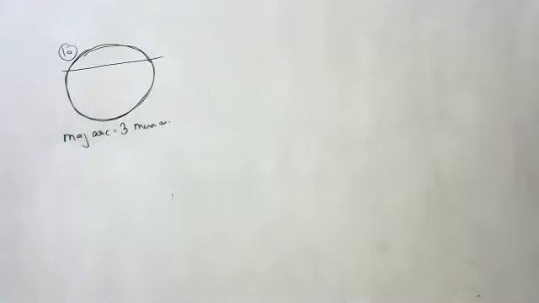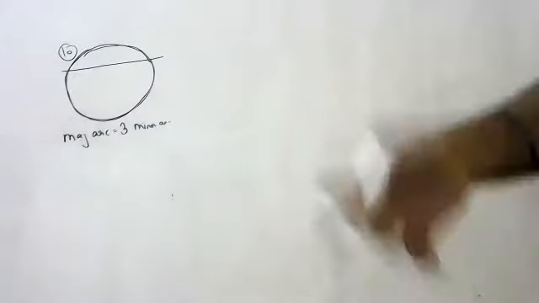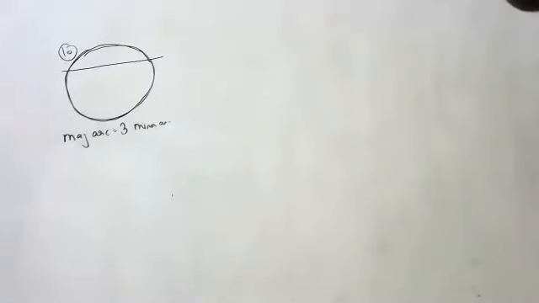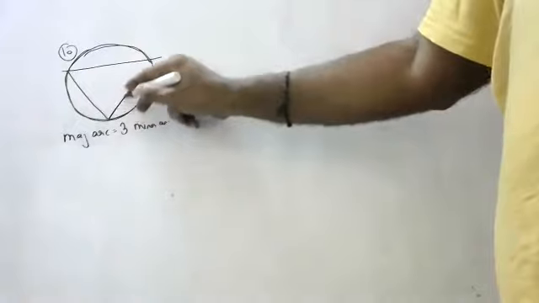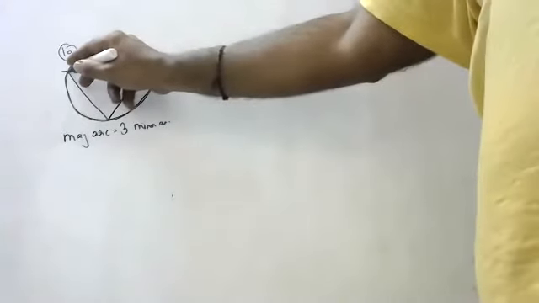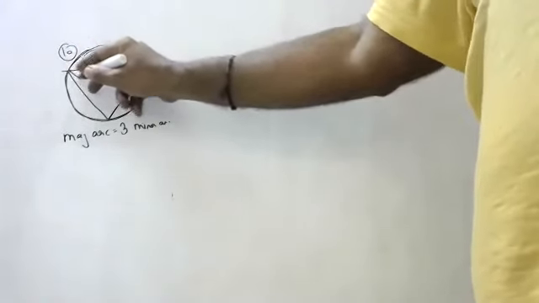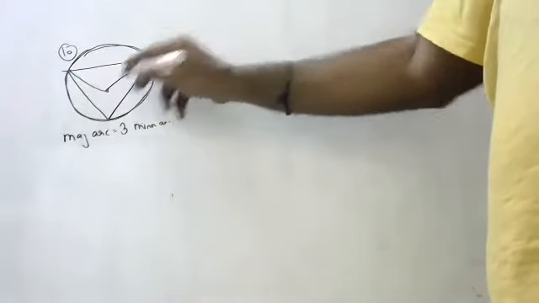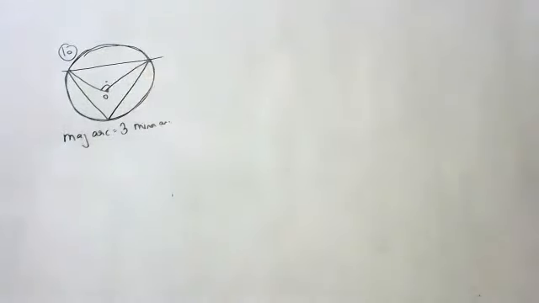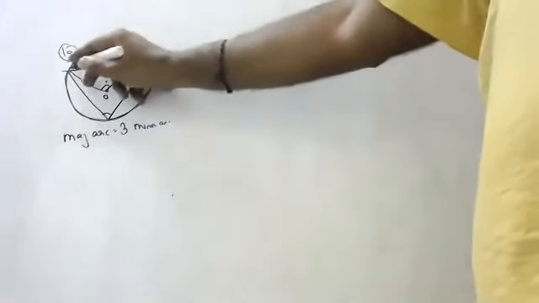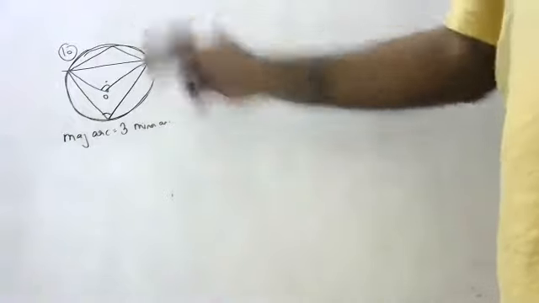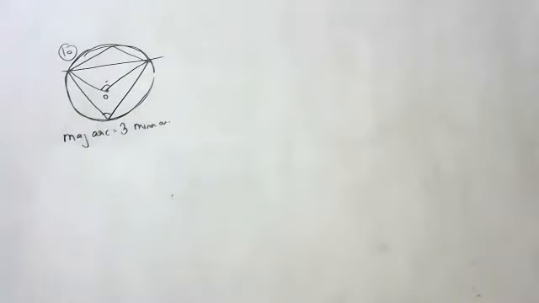The corresponding central angles and the degree measures of the two arcs are the central angle and degree measure. Okay, children, first let us do like this. This is the central angle. They are asking how much is the central angle and what is the degree measure. If you get that, you will also get the minor arc and its degree measure.